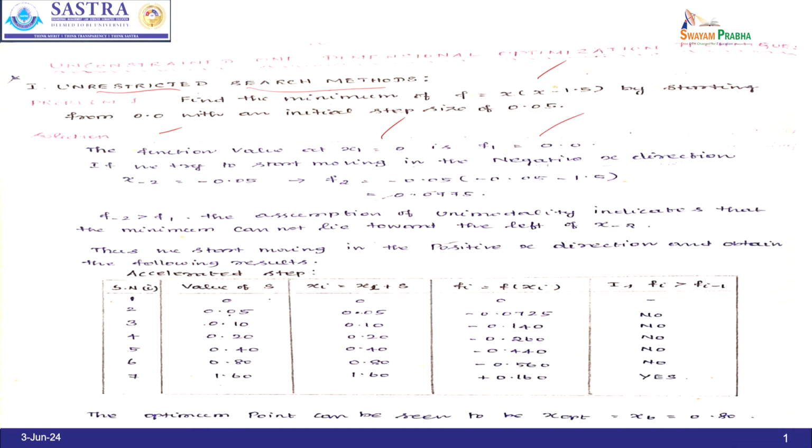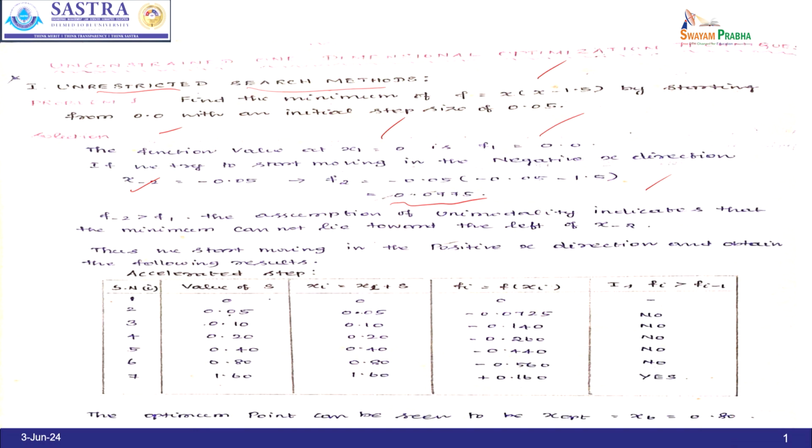If we try moving in the negative x direction, x_{-2} = -0.05. Substituting in the given function f = x(x - 1.5), we get